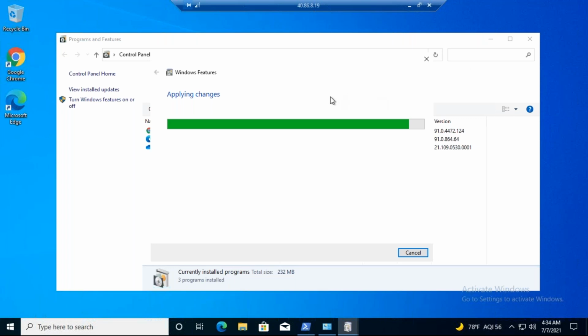Let us wait for 2 minutes because it has to install many components that are related to IIS.